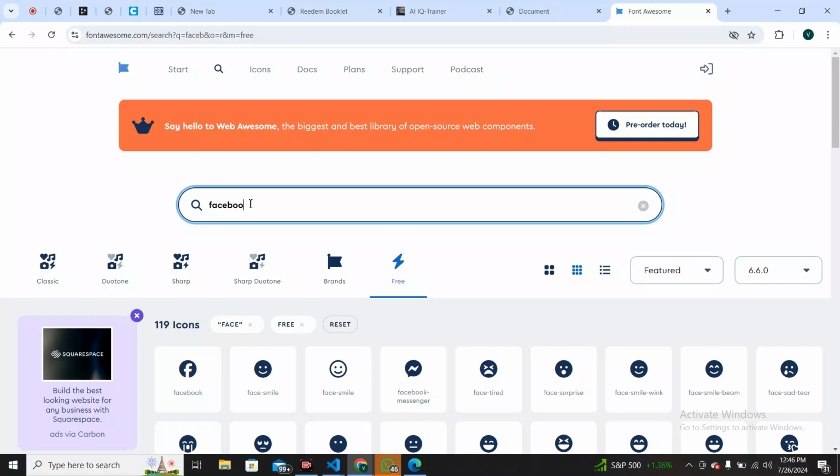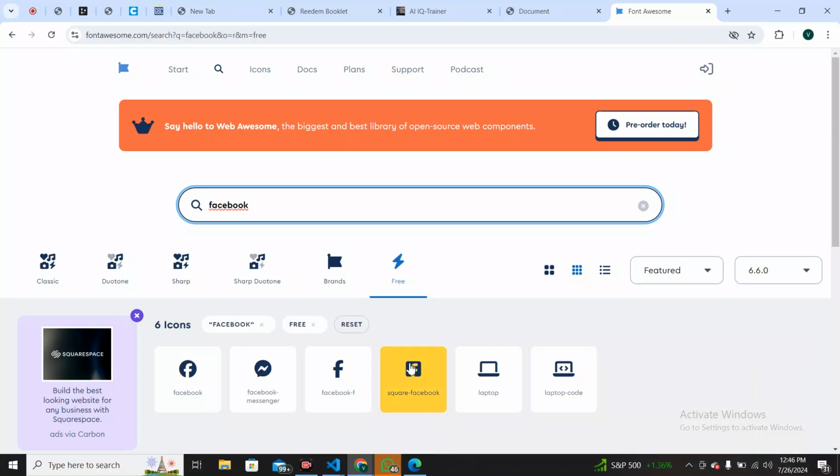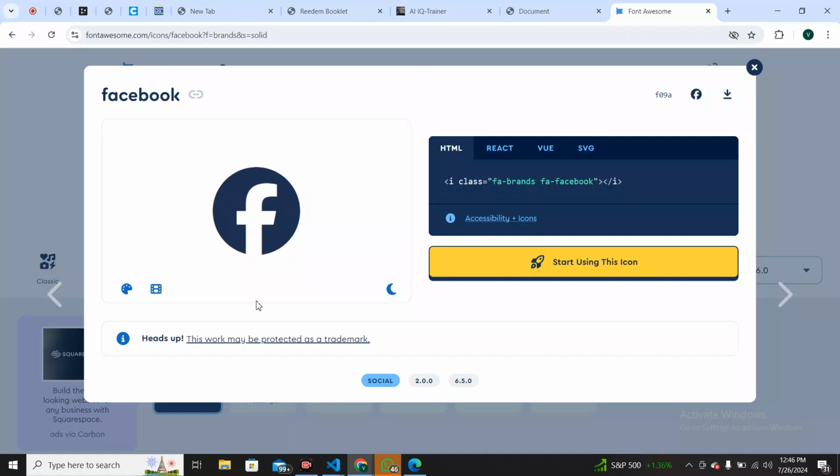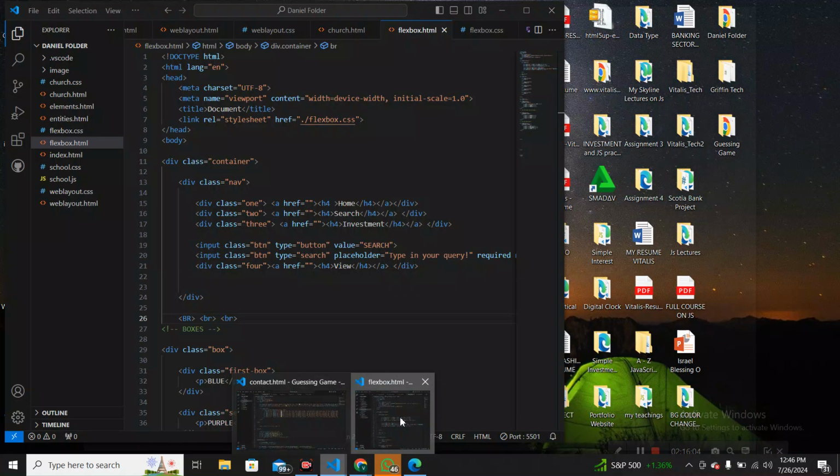So we can pick this one here. This is the color for Facebook. So copy it, come to our code,